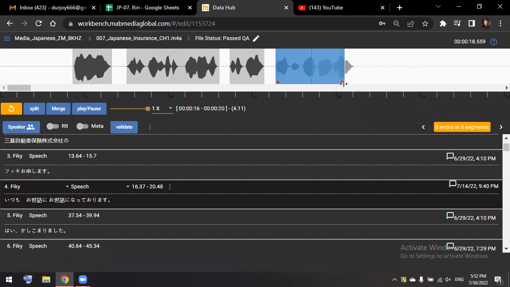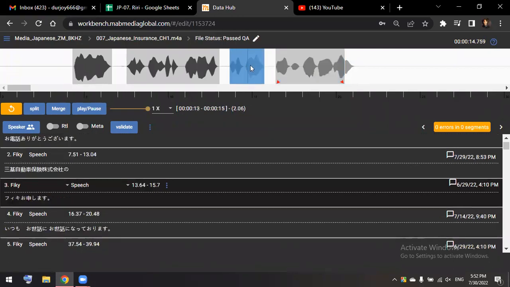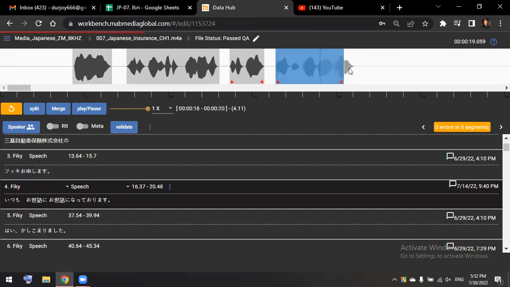You can see that the red direction button appears. Like there is nothing in here. I double click on here. See, there is a two direction button here. With the direction button, you can move the segment front to back. Whenever you find any word out of the segment, you have to adjust the segment and fill the word into the segment, like this one.